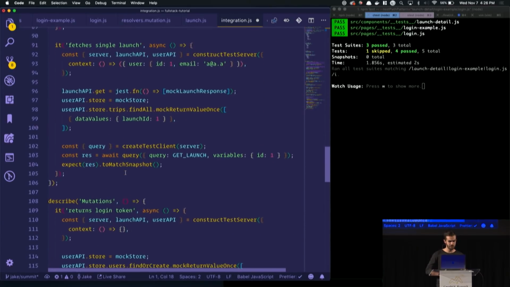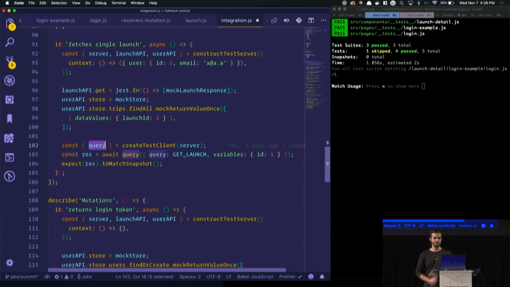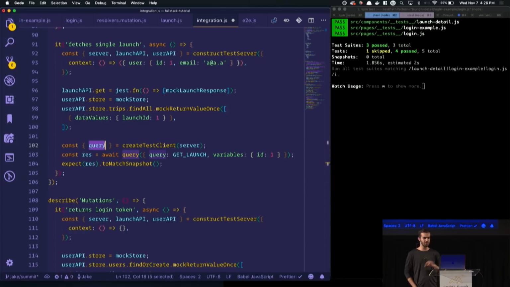Let's get back down to it. So I'm getting query from that create test client, and what this actually does is some of the things we talked about this morning with Apollo Server 2.2, a new request pipeline. Martin Walraven is going to be talking more about that tomorrow, but this is a new execution model for Apollo Server and how it actually runs queries. So we actually added in a utility called executeOperation to the base class of Apollo Server, so you can actually call queries directly from the Apollo Server class.